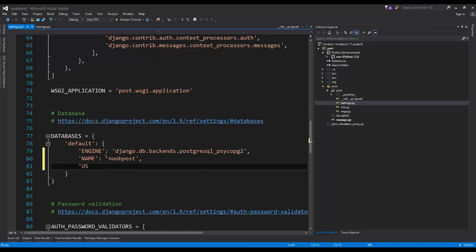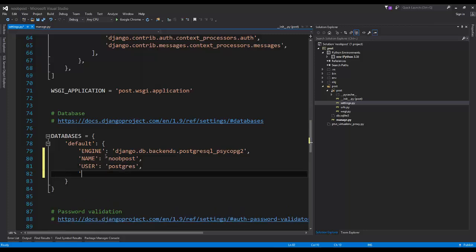We need to assign a user, and the user is going to be the Postgres user, or whoever you have as the user of the database that we created earlier. So here's password, and I'll give you guys my password for this test database. It's a hard one to remember, test123, and it's not live, so I'm not worried about being hacked or anything. In fact, I created the database just for demonstration purposes. So you can see test123. Now